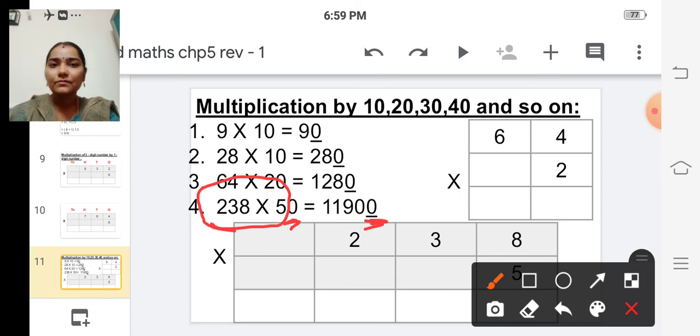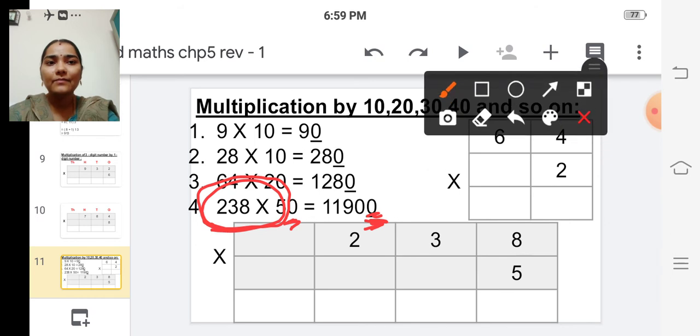Okay, so if we multiply a number by 20, 30, etc. till 90, then in the answer we have to write 0 at the end and we have to multiply the remaining numbers and write the answer before the 0. Okay, so shall we multiply? Yes,